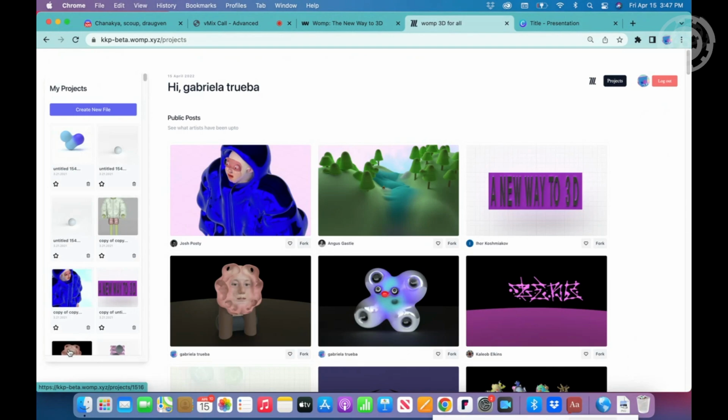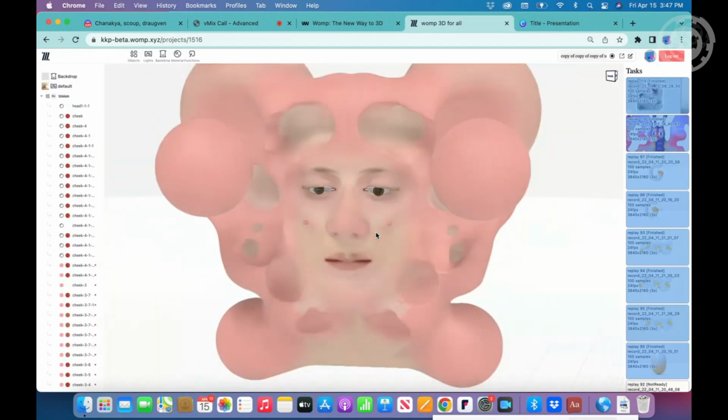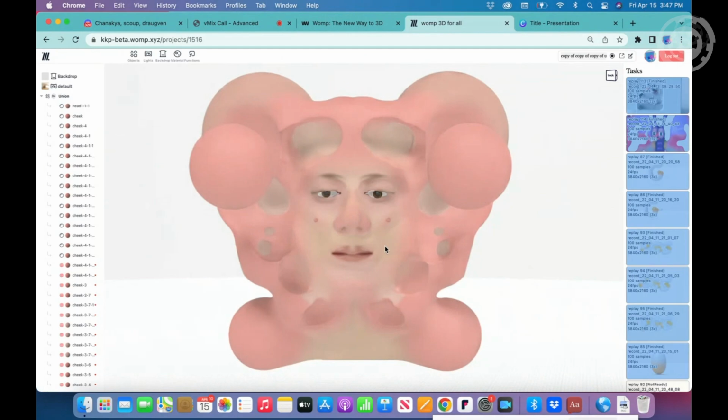I made a self-portrait, which is a little strange, but I'm really excited about this self-portrait because I think that it represents my inner self.